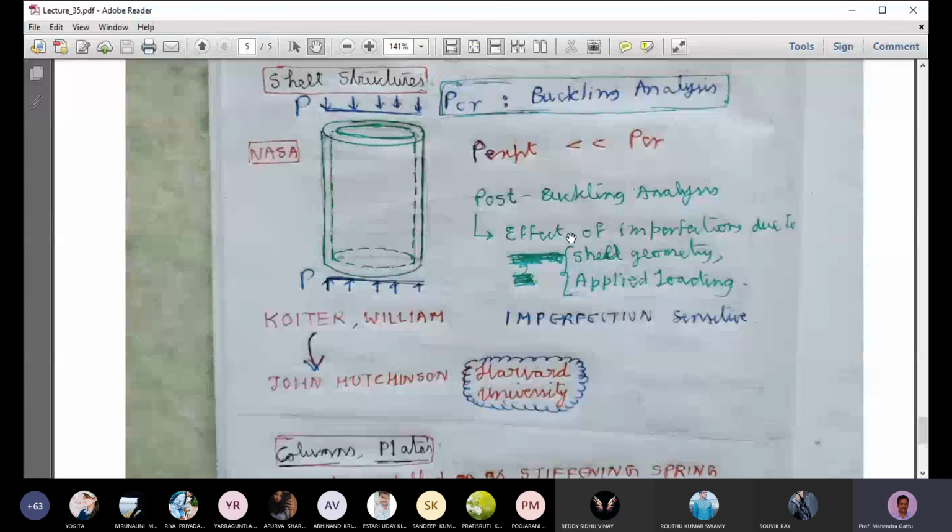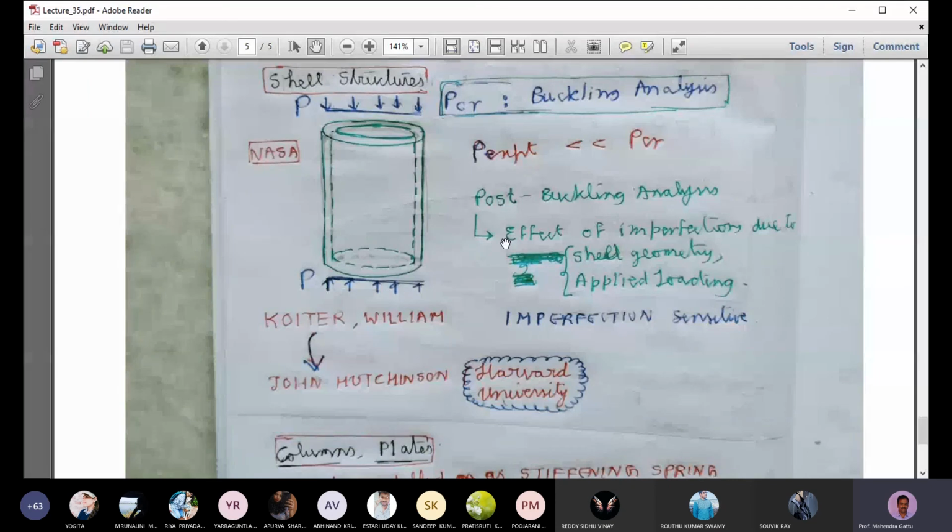So using the post-buckling theory, they found that even small imperfections which are present in these cylindrical shells will drastically reduce the critical maximum load which it can take. So all these structures, cylindrical shells, are imperfection sensitive. That means even a small change in shell geometry, or a small change in application of load. If the application of load is not perfectly concentric with respect to the center line, if slight undulations are there, then the column loads will drop down drastically. So usually, if P critical is 1, then the P experiment is one third to 50%. So 30% to 50% of P critical.